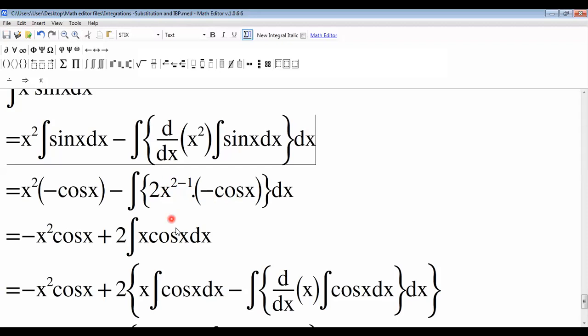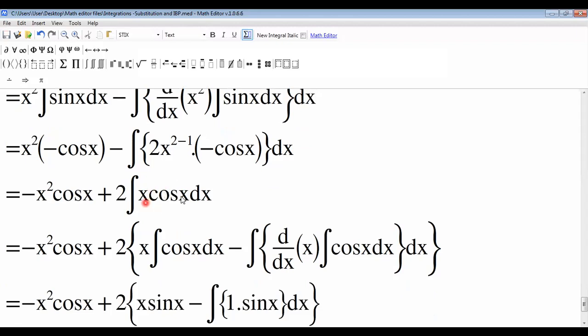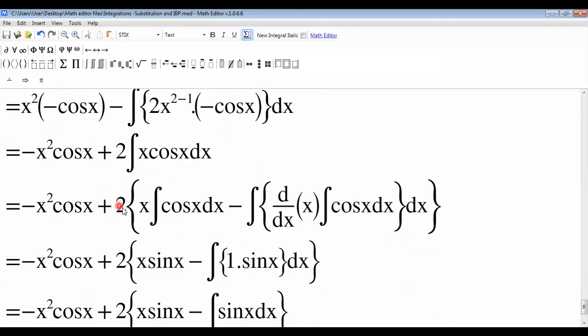So again, their integration needs the UV rule here, because it is a product of two functions in integration. Using the UV rule, we get u into the integration of v. Here v means cos x, u equals x and v equals cos x. Using the same rule, u into integration of cos x minus d/dx of u into integration of v. This goes within a third bracket, because 2 is multiplied with the whole term. So minus x square cos x plus 2x, and cos x integration is